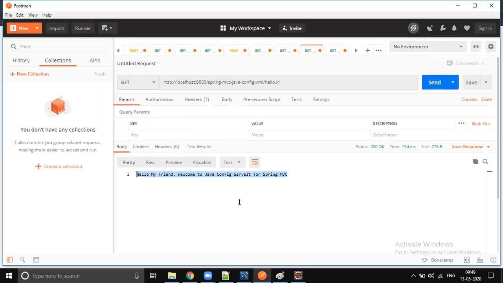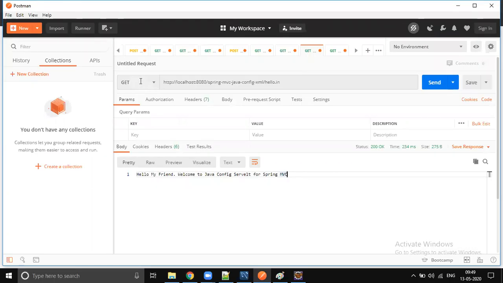If you want to give a context path, you can give it, no problem at all, no doubt. But by default there is no context path. So whatever we ran a few minutes before from Postman, right? We got some response, right? So the structure of both is the same, right?